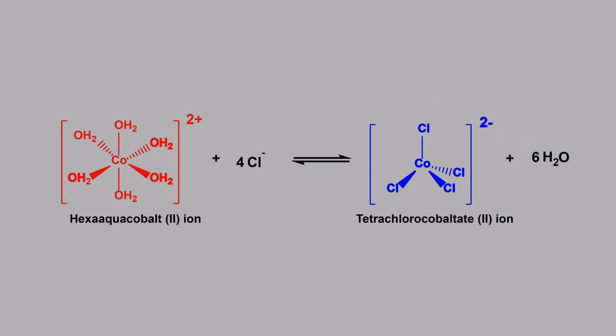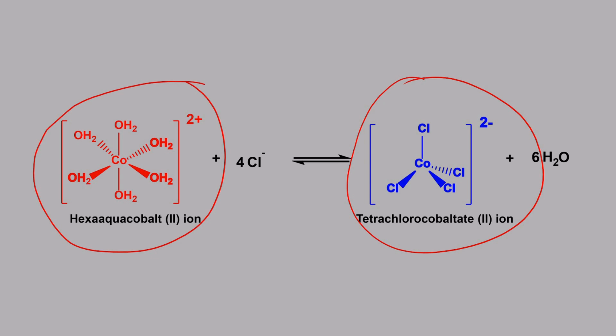This purple color was due to the presence of both the tetrachloro complex and the hexa aqua complex. The hexa aqua complex was giving it a red characteristic, and the tetrachlorocobaltate ions were giving it a blue characteristic,